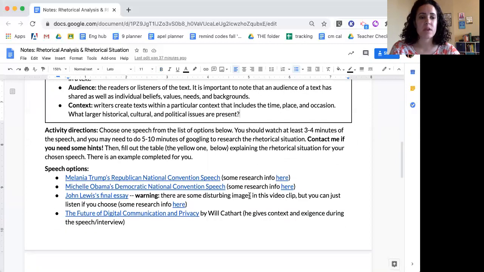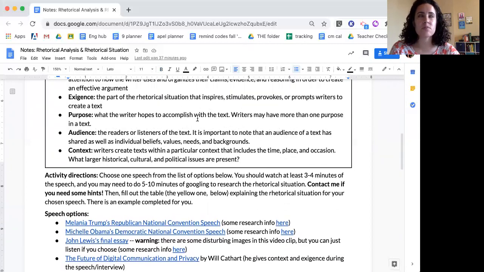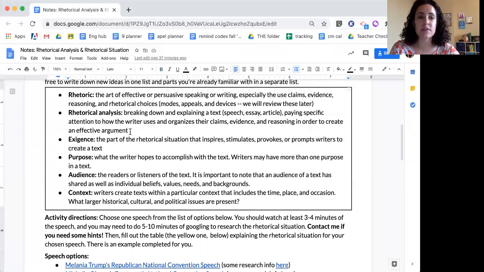Okay. And a lot of the times when you're writing about these things and you're given a text to look at, the little blurb at the beginning of the text, even before the text starts, is going to give you some of that information. And you're also going to be able to guess at what the context is based on what the text